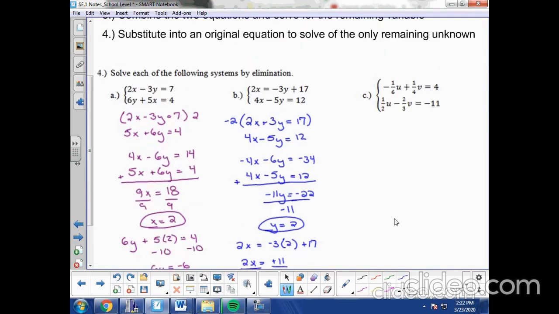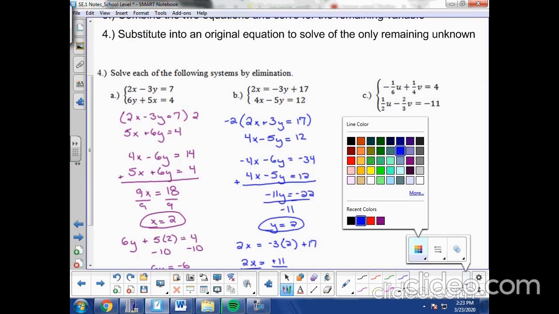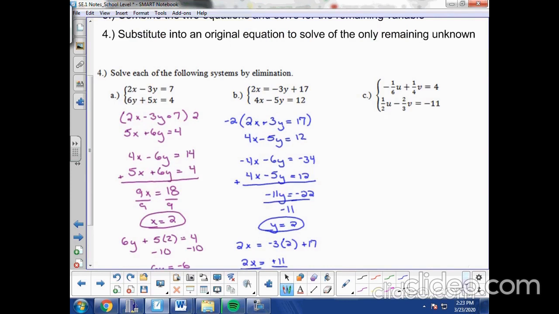Well, the last question I had you do the third problem by yourself. If you want to stop the video here and do the third problem by yourself, you can, but let's go ahead and do C together because C is a little bit more complicated. What we have here is fractions. So what I would do personally, because most of you guys don't really like fractions, is I would get rid